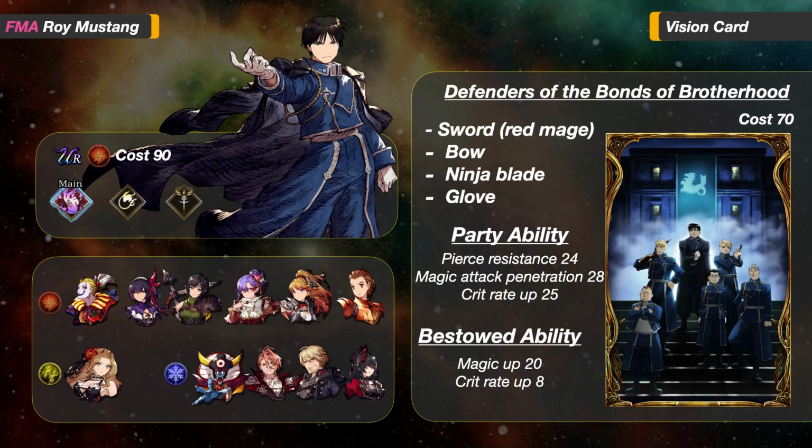Roy also gets his own vision card. Defenders of the Bonds of Brotherhood, cost 70. It supports Sword Red Mage, Bow users, Ninja Blade users, and Glove users. In the party ability, it has Pierce Resistance up 24, Increase Magic Attack Penetration 28,